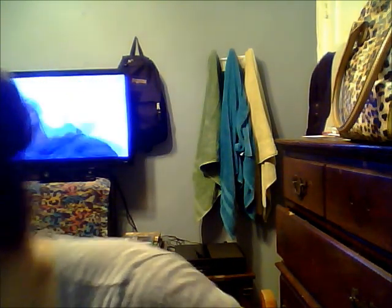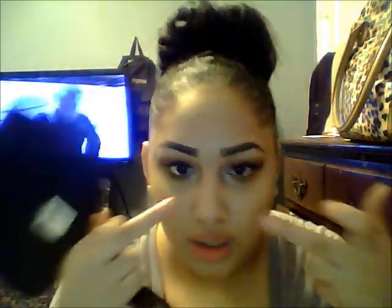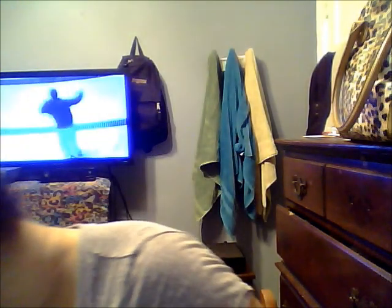Okay, now that we're done with our eyes, which took forever, we're going to fix these bags right here because we don't want no grocery bags, shopping bags, MAC bags, Sephora bags. We want a regular face. So what I'm going to do is go back into my little concealer packet, and I'm going to take this color right here, and I'm going to use it under my eyes. And we're going to use a bigger brush because you never know how big those bags are. So